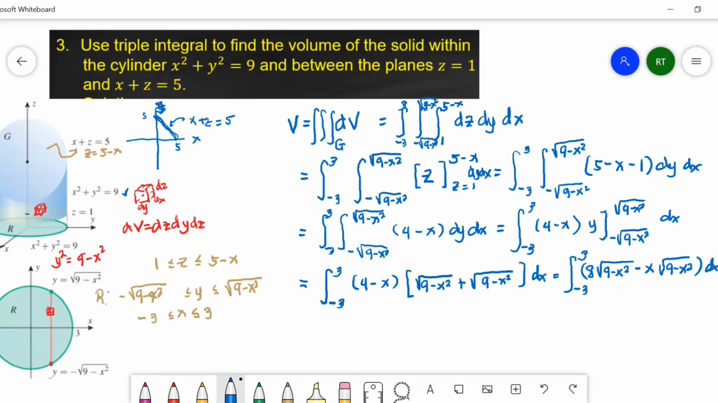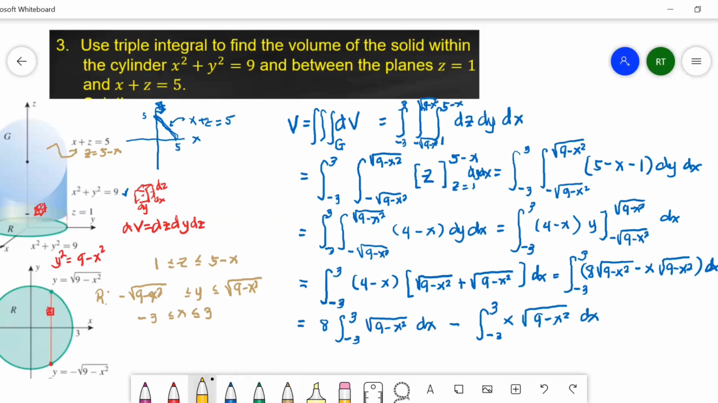So we can express this as a sum of two integrals. 8 times the integral from minus 3 to positive 3 of the square root of 9 minus x squared times the differential of x, then minus the integral from negative 3 to positive 3 of x times the square root of 9 minus x squared times the differential of x. Now,